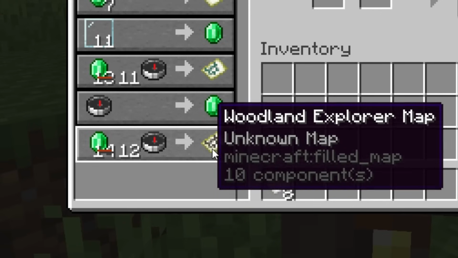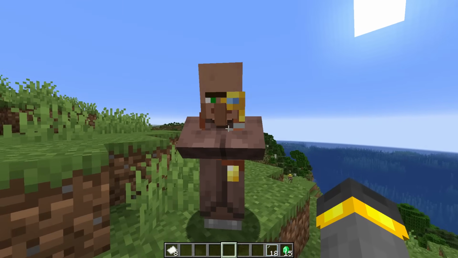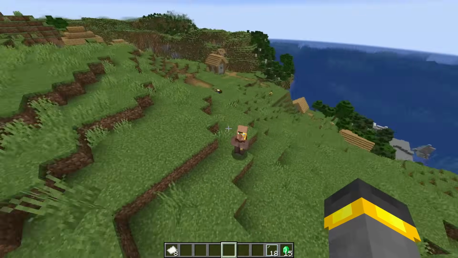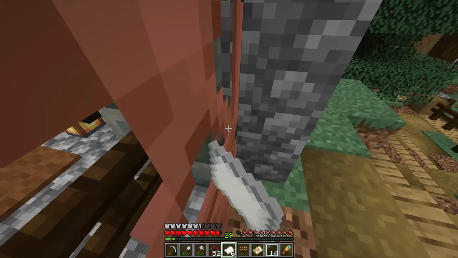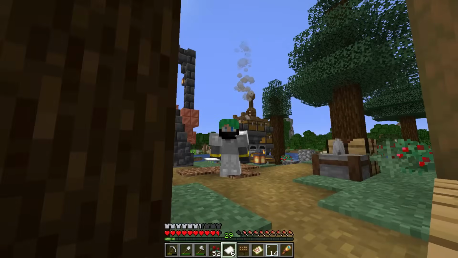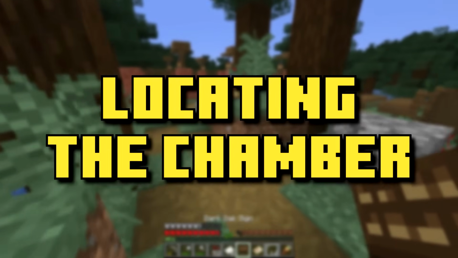That means, unfortunately, nothing this time, but once a villager's map trade is locked in, that map will always be the same map every single time, no matter where you put that villager. Alright, so that right there, that's just about all we have to do to speed run our way up to a trial chamber map. Now, to find the trial chamber, once we have the map, that's going to be pretty easy